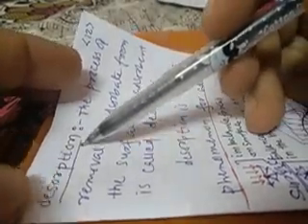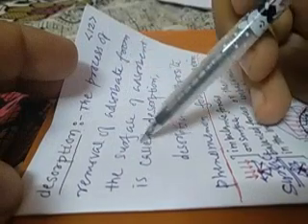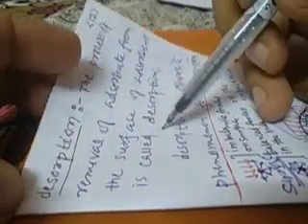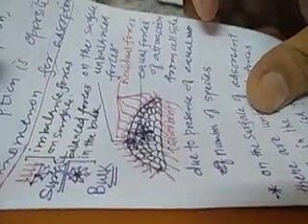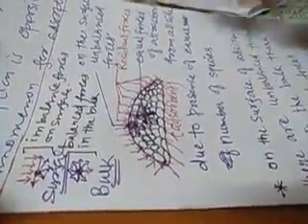Desorption. Now we'll understand the definition of desorption. The process of removal of adsorbate from the surface of adsorbent is called desorption. In other words, we can say that desorption is opposite to the phenomenon of adsorption. Now, my dear students, I am going to explain something. Please try to understand it.